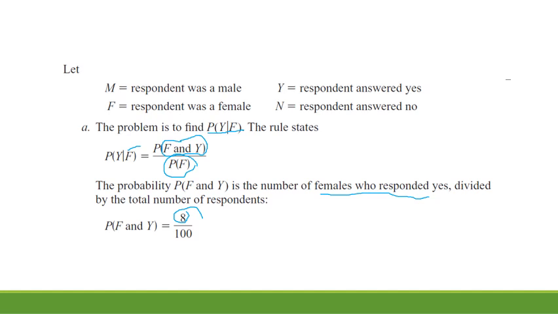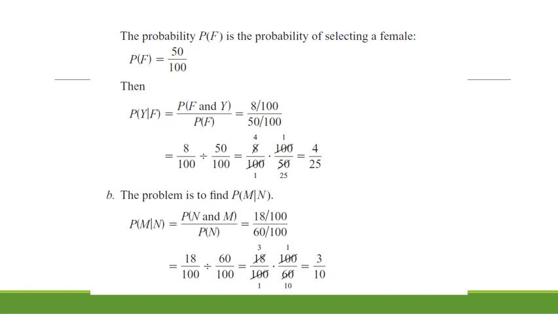So that is the one who is a female and at the same time answered yes. So 8 over 100 is the total number of outcomes or respondents there. And the first event, the probability of getting the first event, is the probability of selecting a female. Going back to the table, you will see that the probability of getting a female is 50